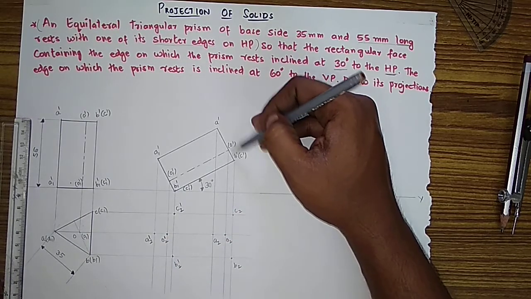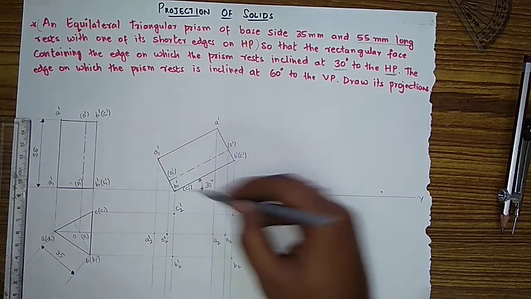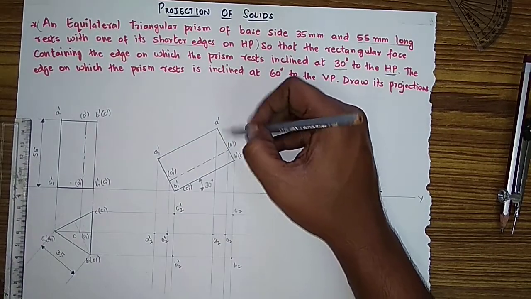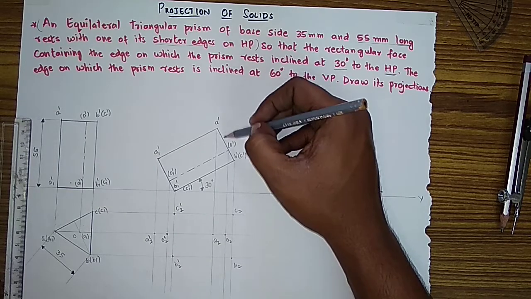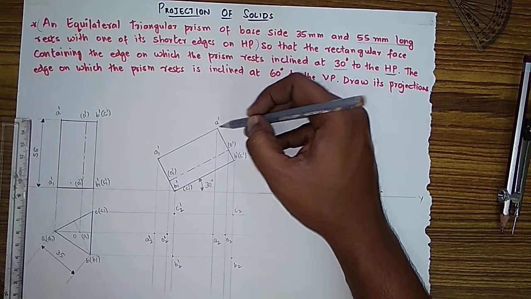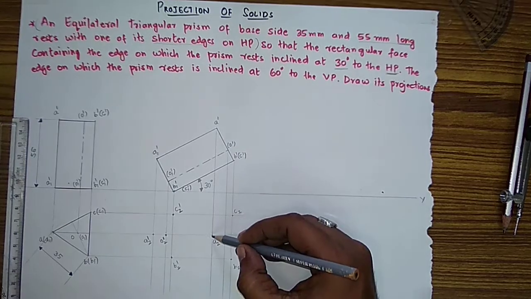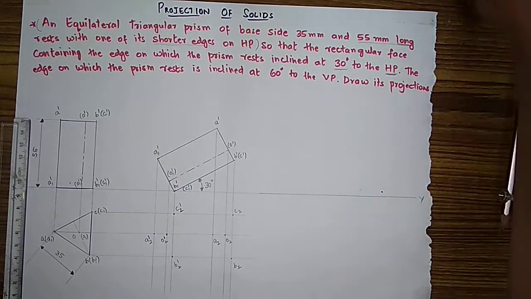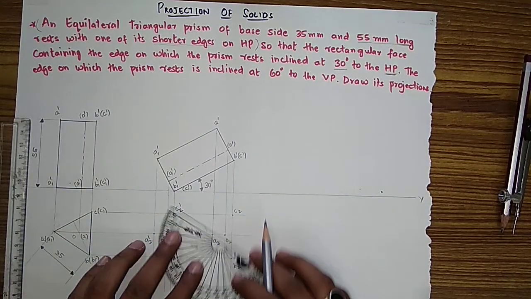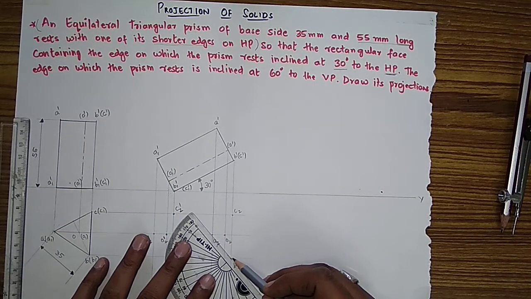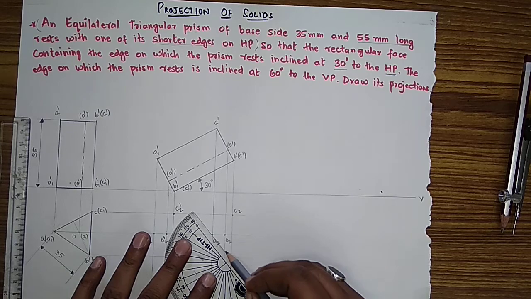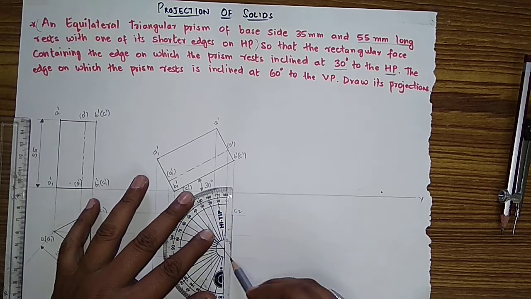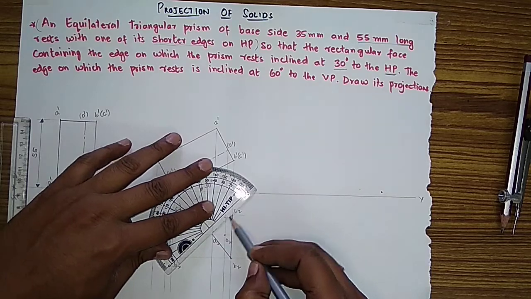So I am seeing this line from the top. After removing the points, you have to see these lines. Okay, first I am seeing this line. It is visible from the top, meaning A to B, B to C, C to A. It is visible. So these points are here. So A to B, B to C, C to A is visible, so we have to do it dark. The lines which are visible from the top, you have to do it dark. A to B, B to C, C to A.